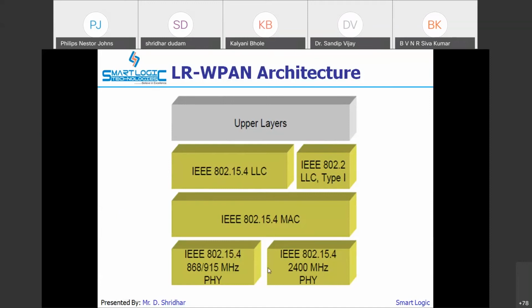As I mentioned, it works in the ISM band, and most of the devices work on 2.4 gigahertz, but there are some devices which work on 915 megahertz, or sometimes 868 megahertz. So either is possible. There are 3 variants: either we can work on 868 megahertz, 915 megahertz, or 2.4 gigahertz. Out of that, 2.4 gigahertz is mostly used.